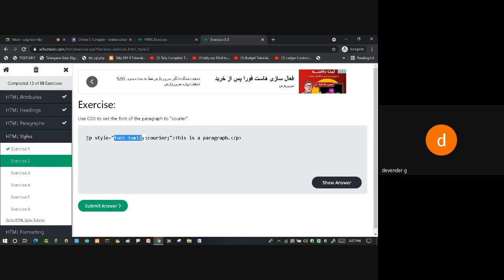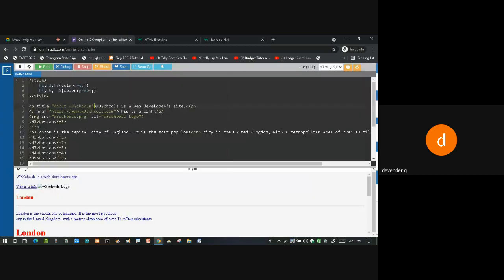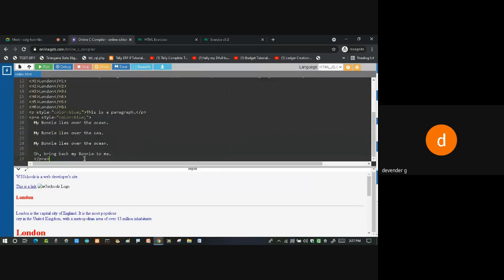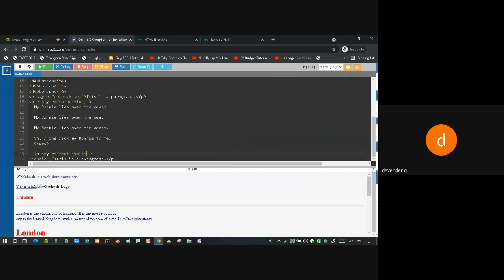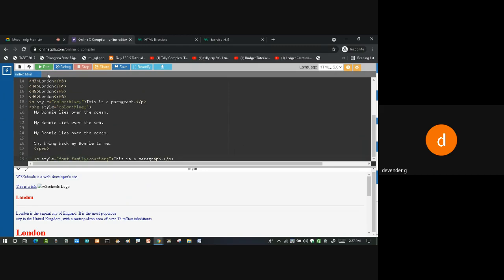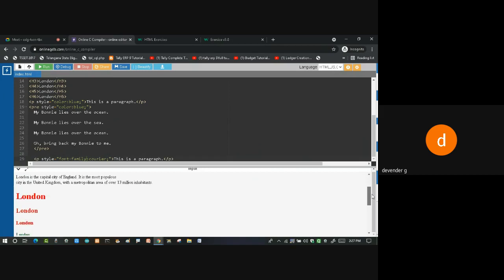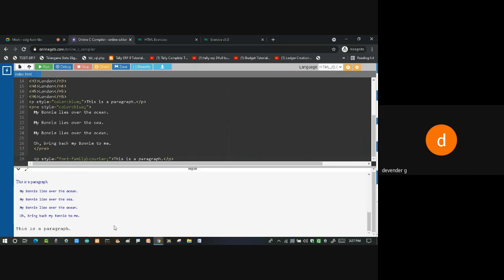Okay, so let's see this one. So I'm going to get some style of this. My text will be of different style. So you can see the output of this. So this is the difference. You see above text is different from down text. So what do I have to write? I have to use something called font family.